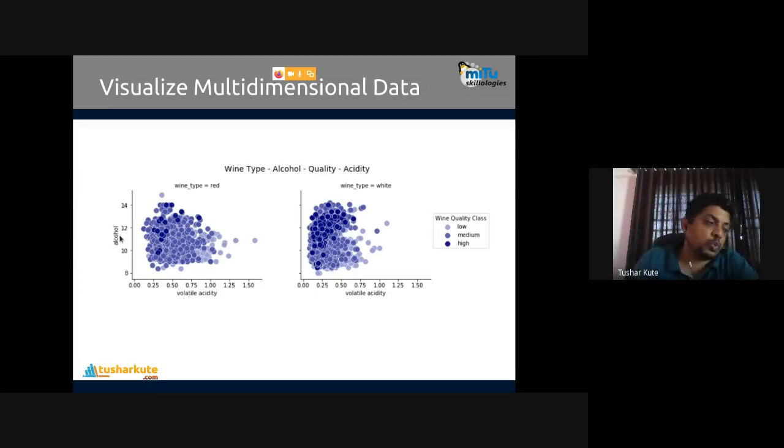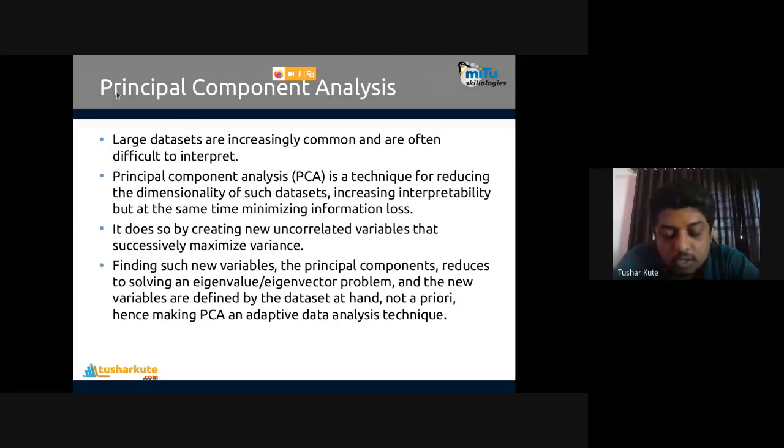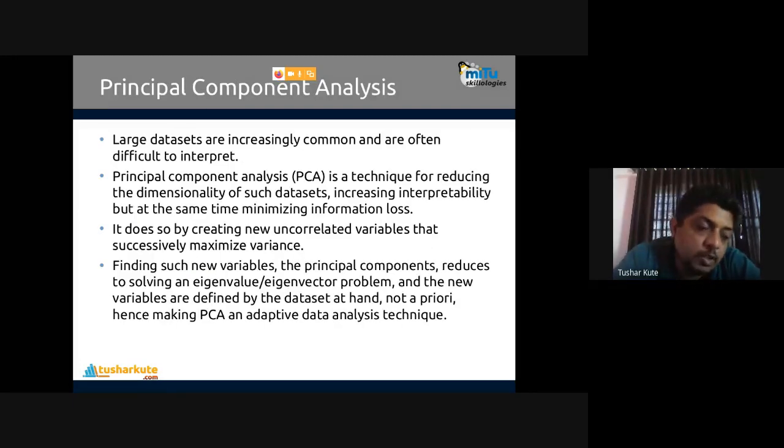All of these graphs which are shown over here are created with the help of a Python package called Seaborn. I have used the Seaborn library to show this particular graphical representation of the data, to visualize the multi-dimensional data. Okay, this method is followed. So many methods are there to visualize or to use multi-dimensional data.